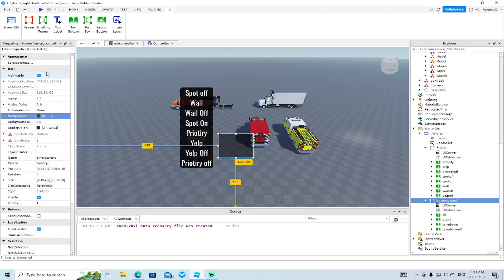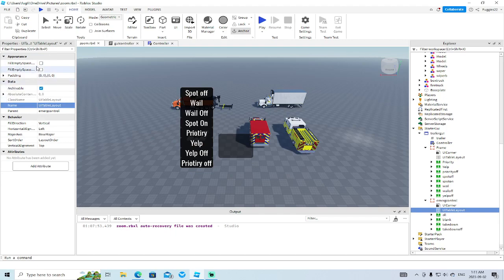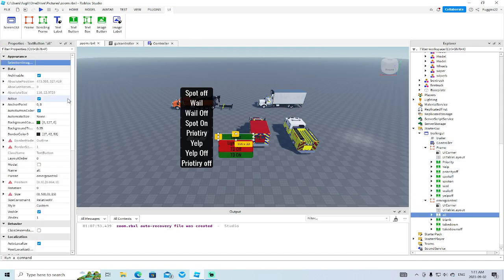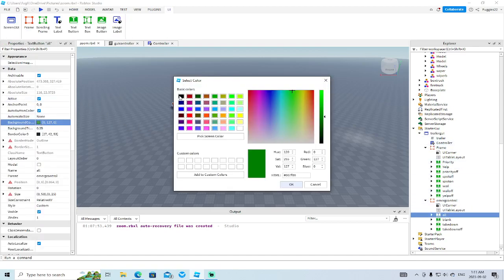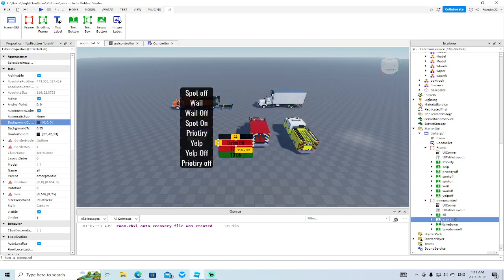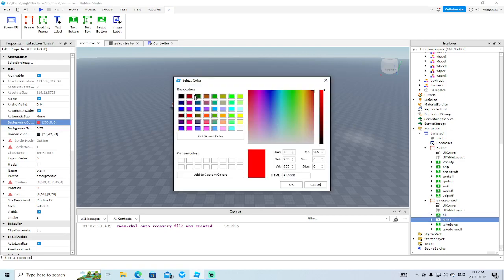Tablet layout, real simple. And then the table layout. You click on the table here, fill empty space, and these are your options for the table. No biggie. And I'm just changing the color of the buttons so they're not so